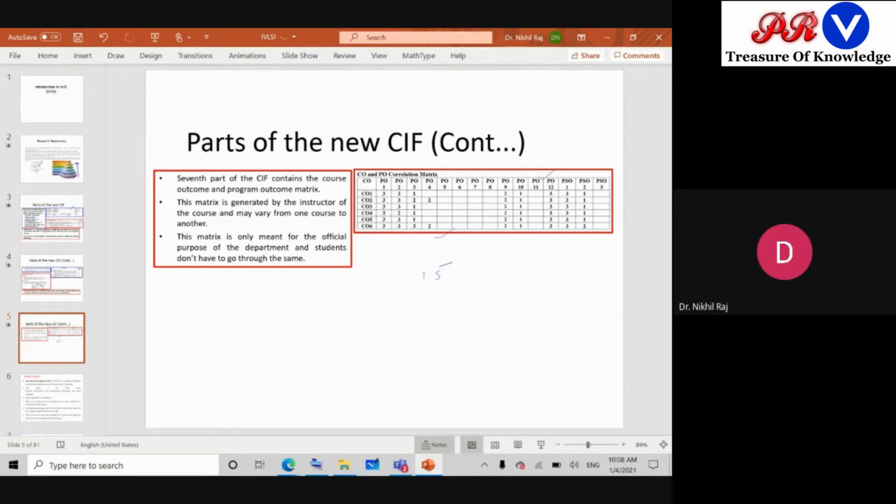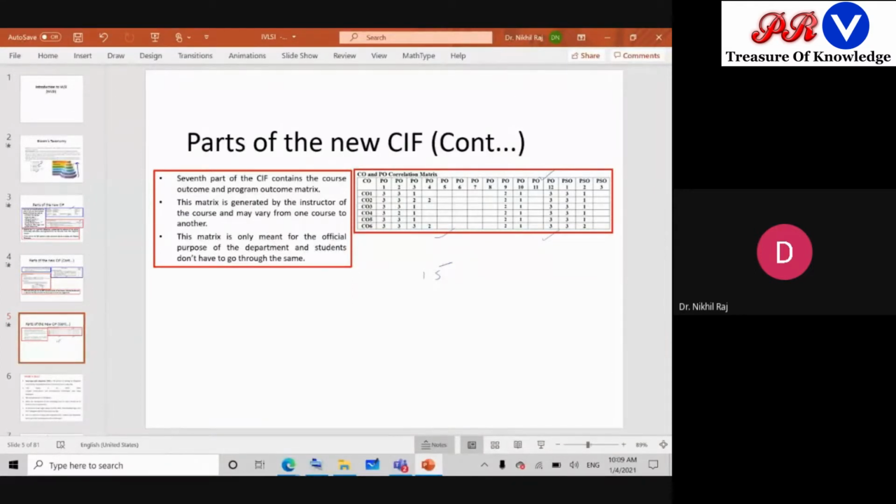These are basically the task of the instructor. You need not worry about this table, but for your understanding, this is the mapping of program outcomes with the course outcomes.